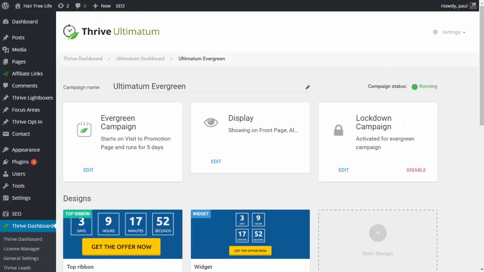One of the great things about the lockdown campaign is it's absolutely bulletproof. It doesn't matter if the user changes their browser, their IP address, or their device. If they click that link in the email, the countdown will be accurate to where they are in the campaign. It can't be cheated. One of the other things I should cover in this video is that you can have